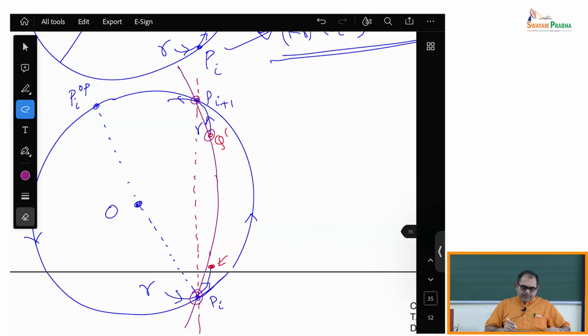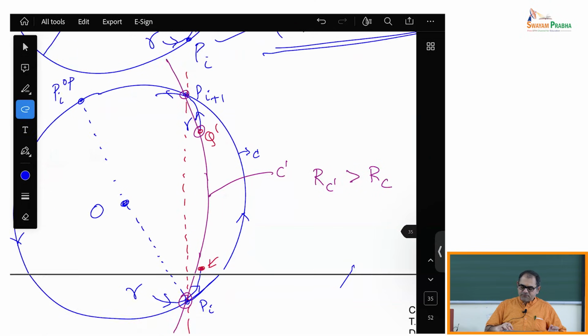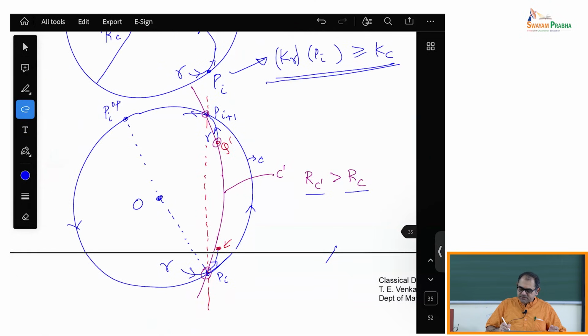So I get this circle C dash, and you can see that the radius of curvature of C dash is certainly greater than the radius of curvature of C. That's because the point Q prime is caught between this chord and the portion of the circle C dash C. So incidentally, this is C. Okay, and therefore the radius of C dash is greater than the radius of C, and what